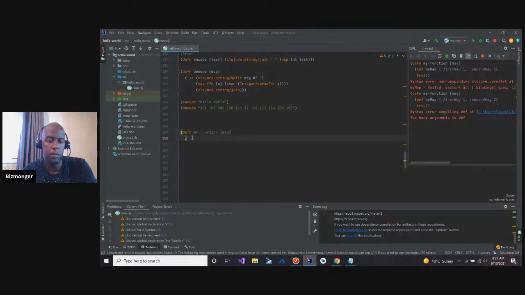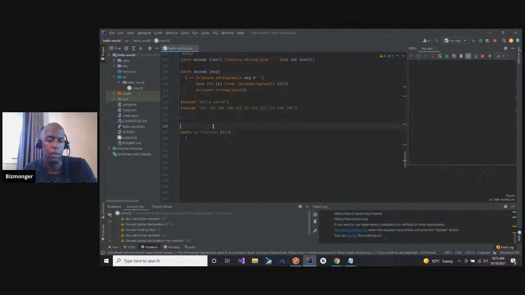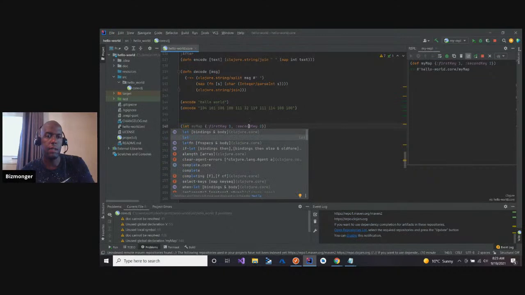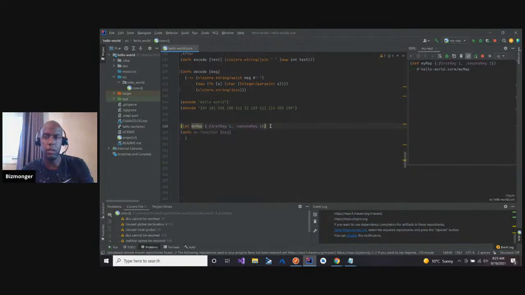If I do shift Alt P, that's happy. If I do this right here, that's happy. But I can't do it inside. If I change that def to let, I think it would complain. Yeah, that's expected.